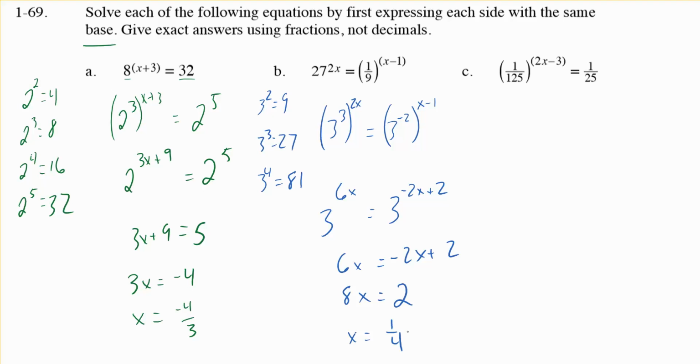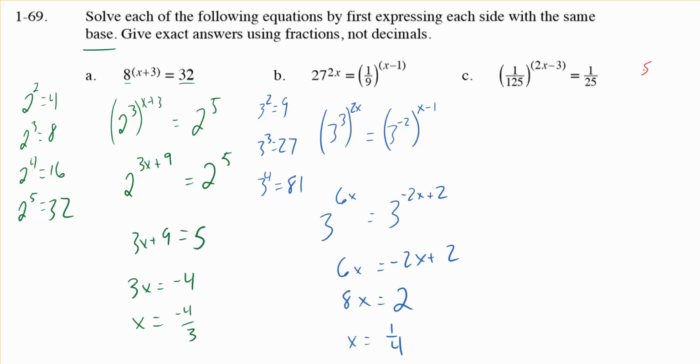All right, one more. Let's take a look. We've got 1 over 25, 1 over 125, so let's think about our 5's. 5 squared and 5 cubed. Good. So I guess if I took one thing away, it's this same base thing. And just writing off to the side, like, what is the 2's, the 3's, the 5's, maybe the 7's, I guess. So 1 over 125 should be 5 to the negative 3